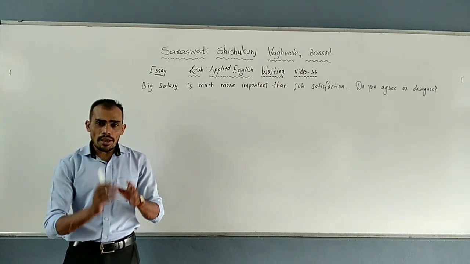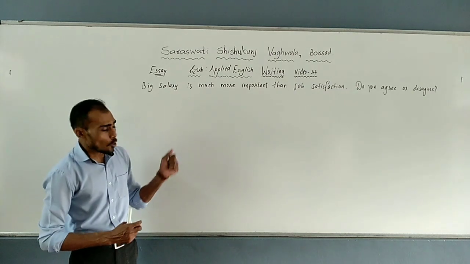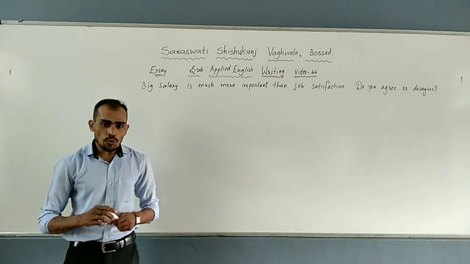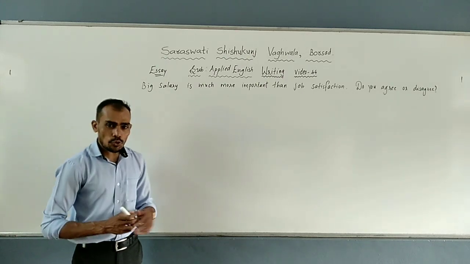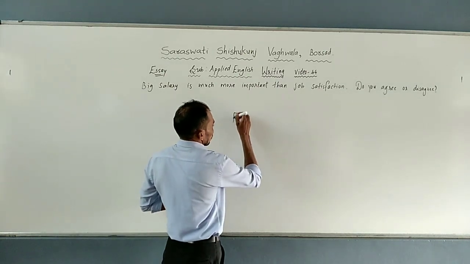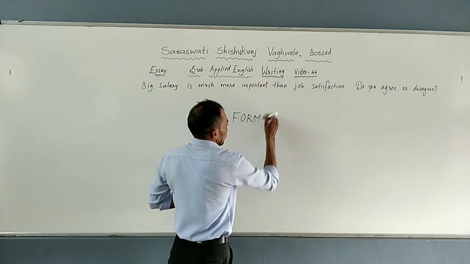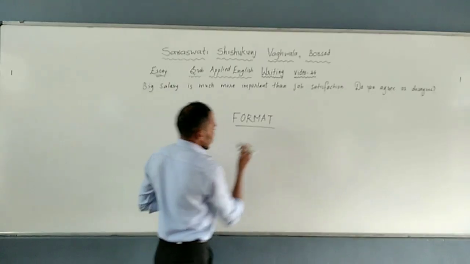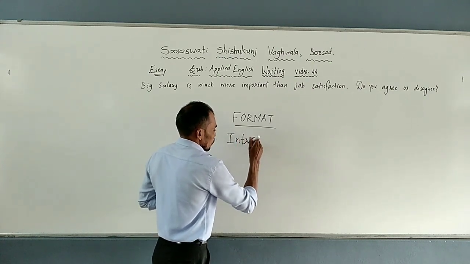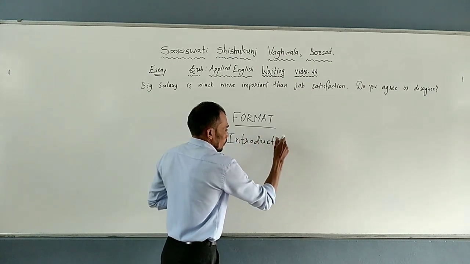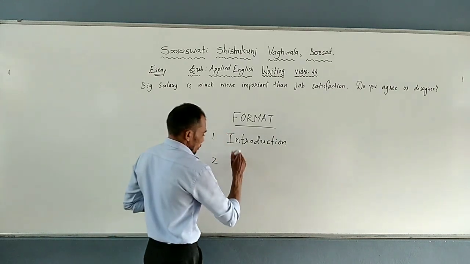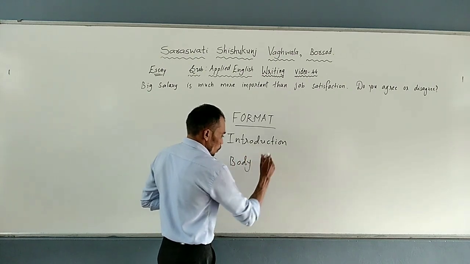Now students, I have already given the format. What is the format? The format is introduction, body paragraph 1, body paragraph 2 and conclusion. Let me explain to you what is the format. So I write here format. The format is, first one is introduction. Okay, so I write introduction. The second one is students body paragraph 1. So this is body paragraph